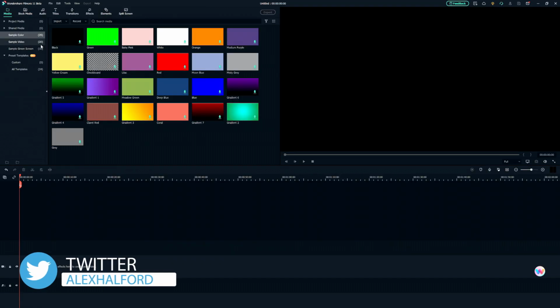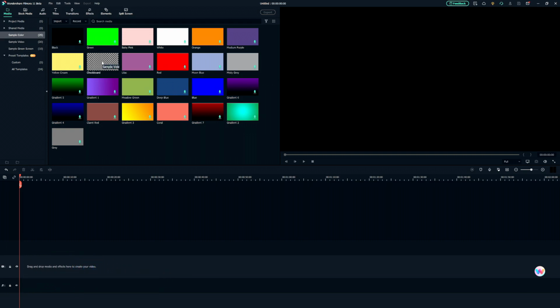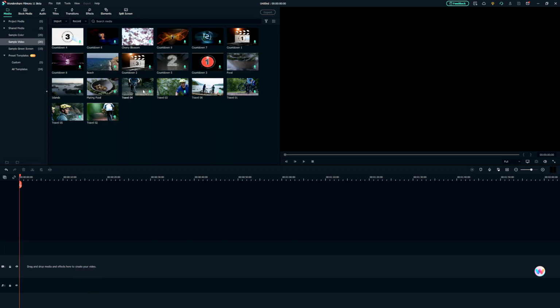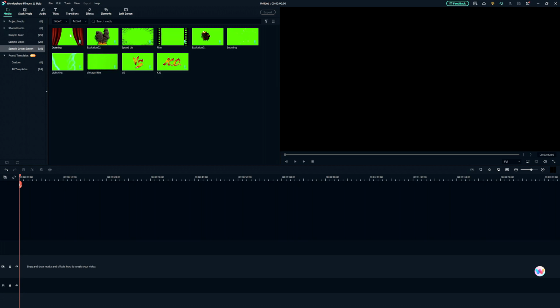Right here we have, of course, the sample colors. If you need a solid color, for example, as a background, you can just drag and drop them. Really simple, as you can see right here in your timeline. Very nice. We have sample video, meaning that we have all kinds of stock clips. Of course, we have a search bar, meaning that we can search for a specific type of stock footage. It's very cool. And right here, of course, we have sample green screen, meaning that we have a few assets that we can use in our timeline and use the chroma key to remove the background, so we have a